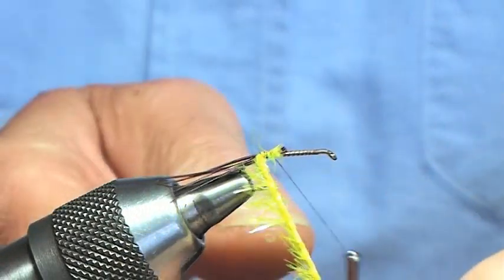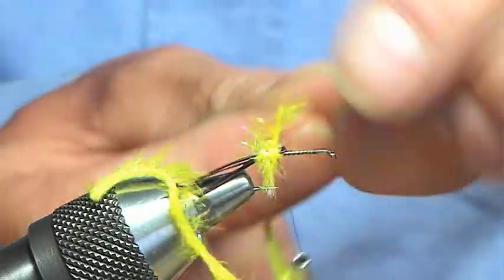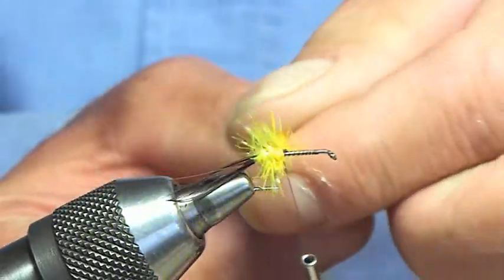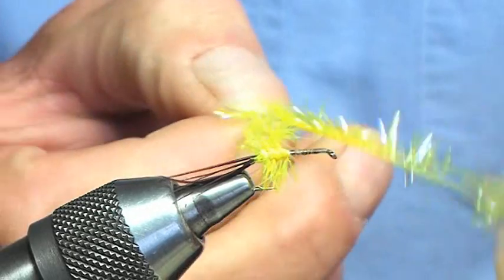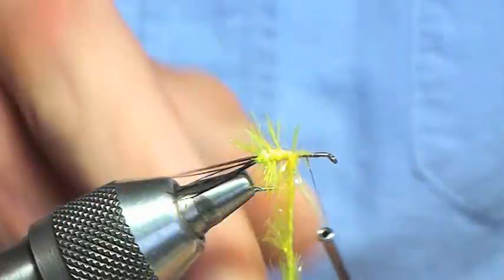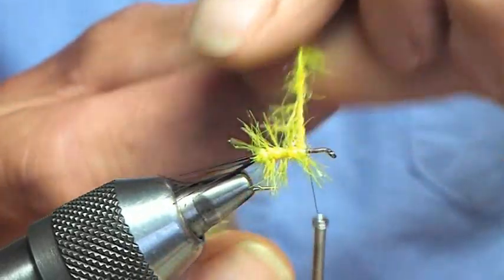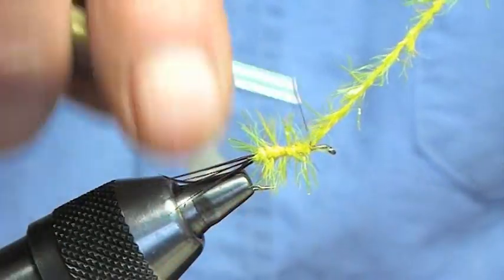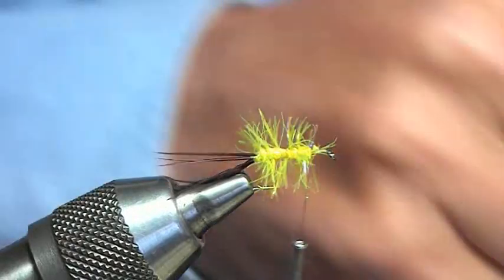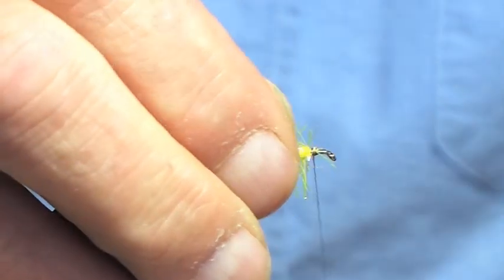And the thing about when you're putting this on is just to make sure that polar fritz, when it goes on, you're just twisting that backwards a bit, so you can see this is just splaying out backwards. So we're going to wind this on along here. This is actually fluorescent UV, so it shows up fairly quickly in the water. And that's that there. So that's the body, as you can see, it's just beaming out, especially under this